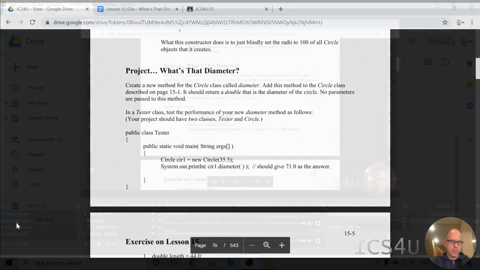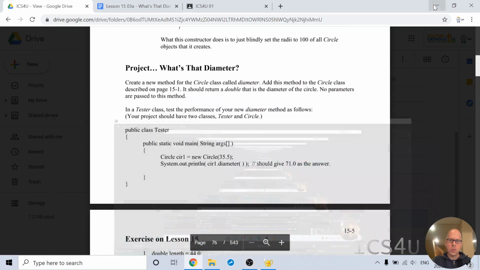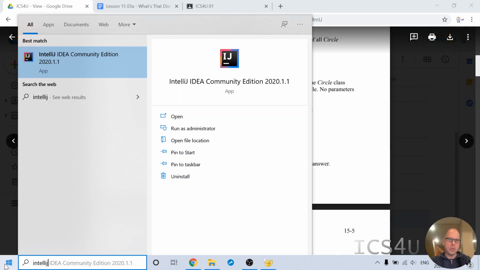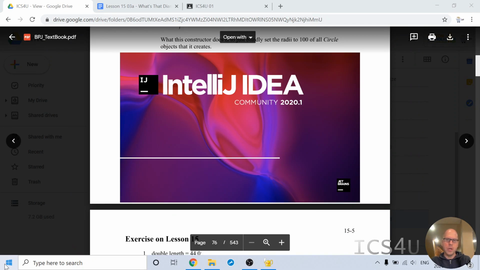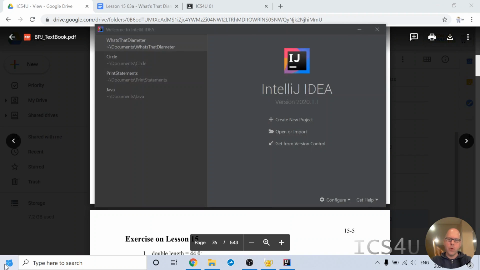So IntelliJ, and once it opens up, it may go to this screen where it says create new project. It may not. In my case it is. If you already had a project in IntelliJ, you probably already know how to do this, but to create a new project, every time we make a new assignment or a new file, you want to go to create new project. You can either access it from this screen, or if this pop-up screen doesn't come up, you can go to file, new project from the file menu as well. I'm going to click on create new project,